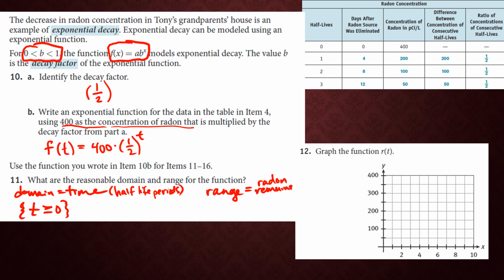And so remember, that one wouldn't go higher than 400 because that's where it started, but it could be equal to 400. So the radon has to be less than or equal to 400, and it'll never quite get to 0. So 0 would be less than the amount of radon, which would have to stay less than or equal to 400. So if we graph these,